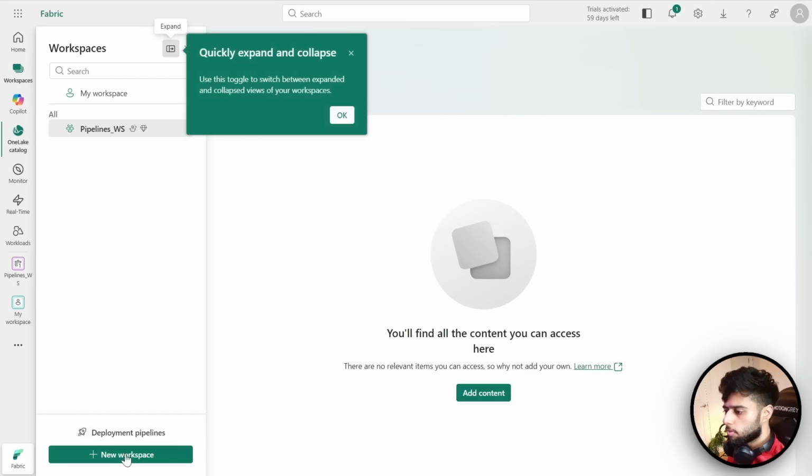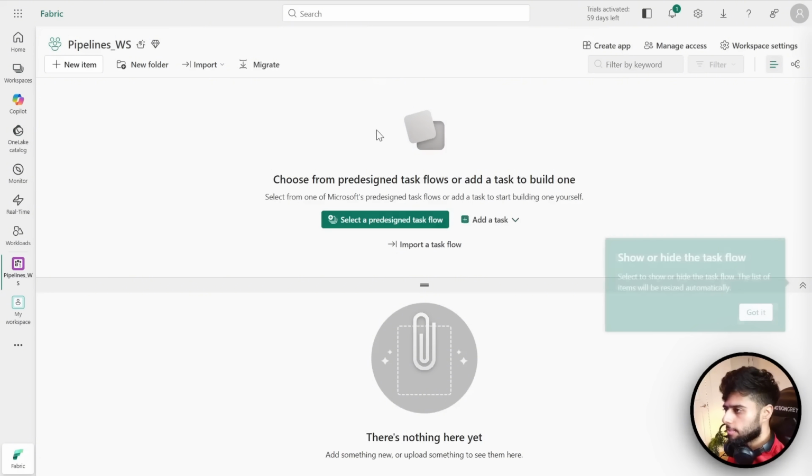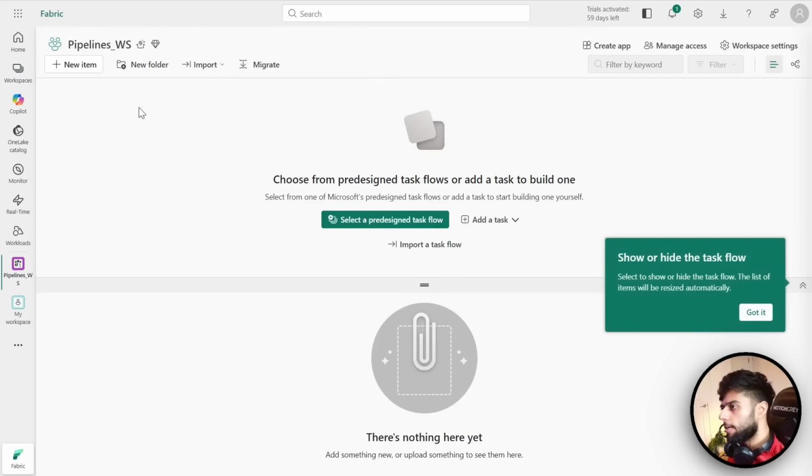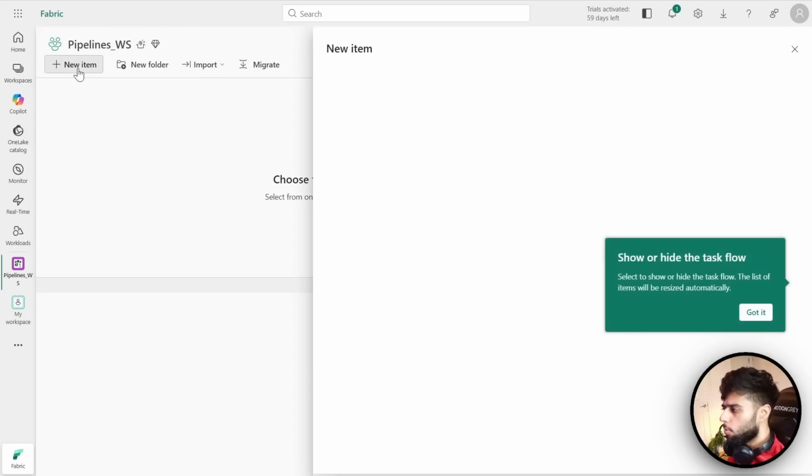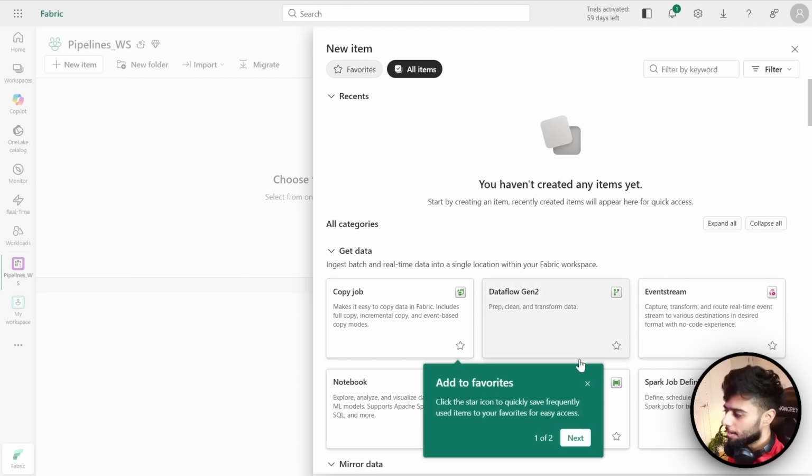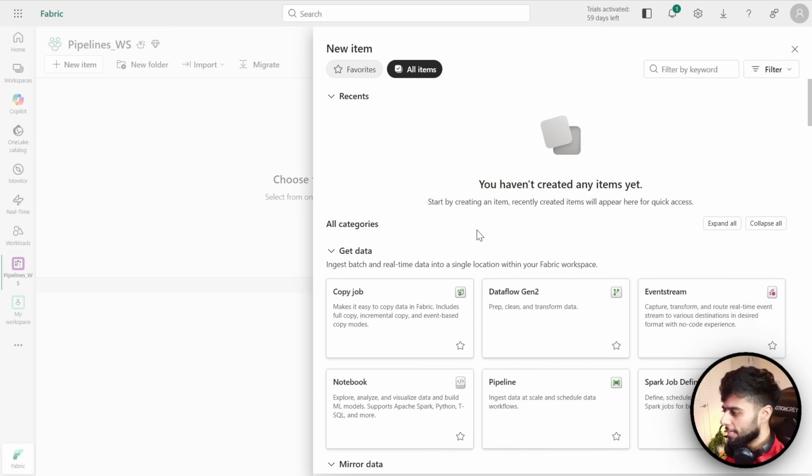Let's go to workspace first of all, and let's use our existing workspace, which is pipeline WS, right? And within this, I will create a new item. It's called pipelines, because we are learning pipelines. So we have to create a pipeline. By the way,